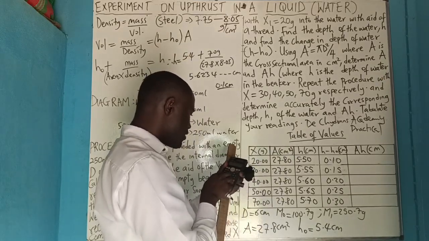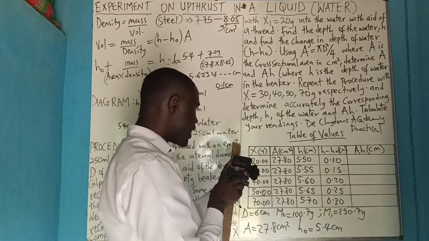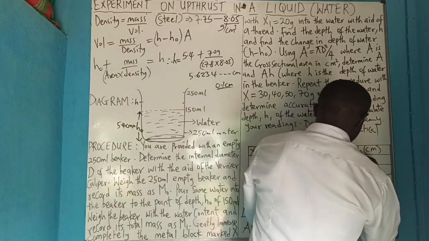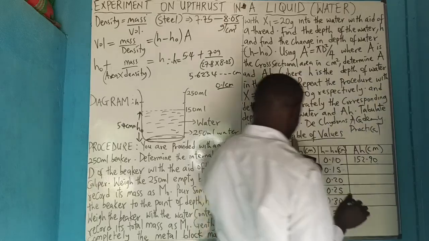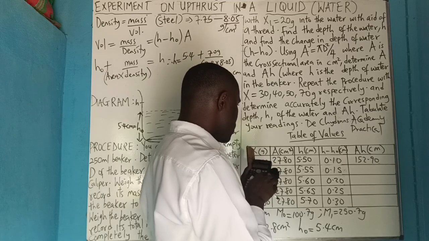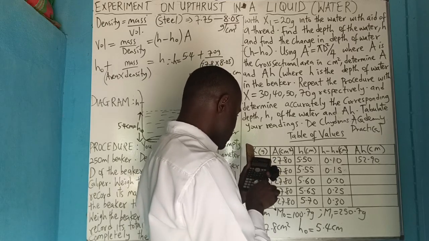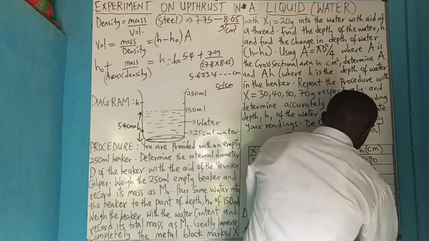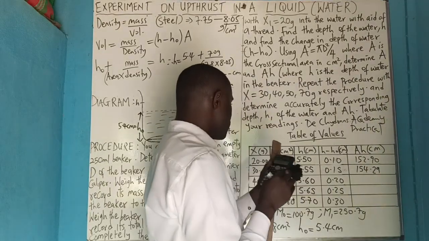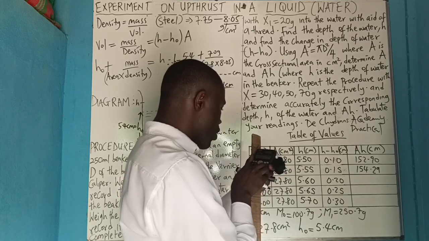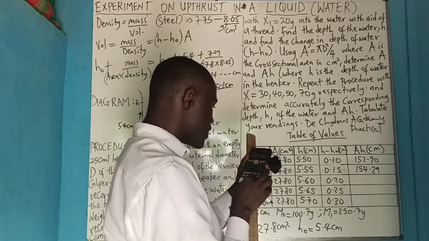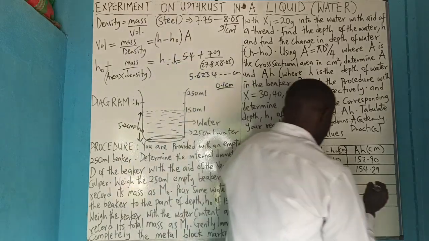AH means multiply A with H. We have 27.8 times 5.5. That will be giving you 152.90. We now also say times 5.55. That will be giving you 154.29. Then multiplying again by 5.6, it will give you